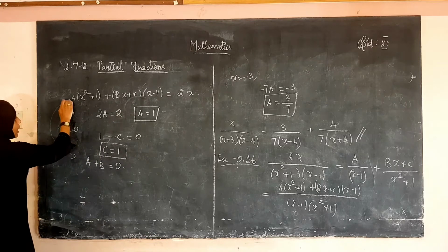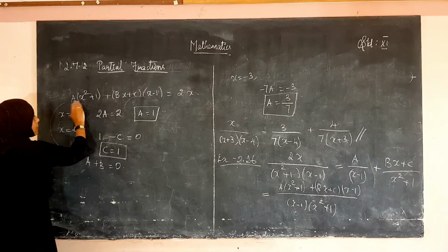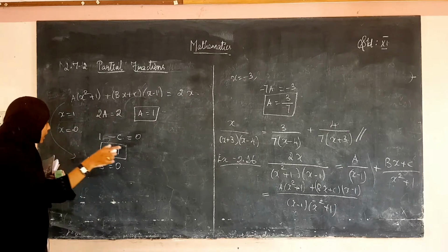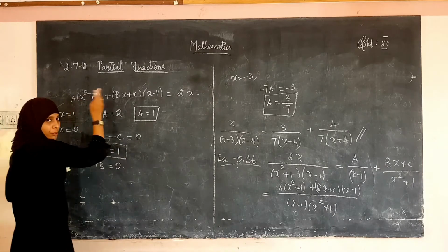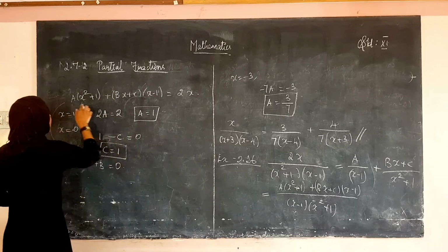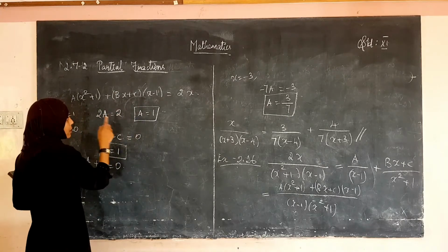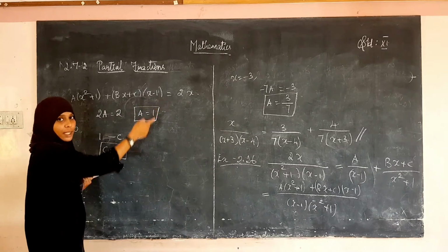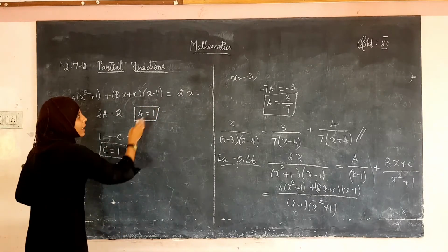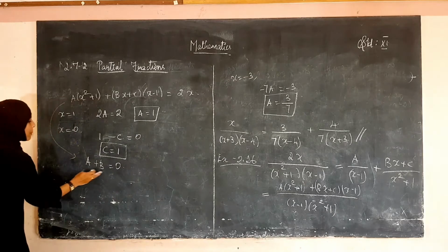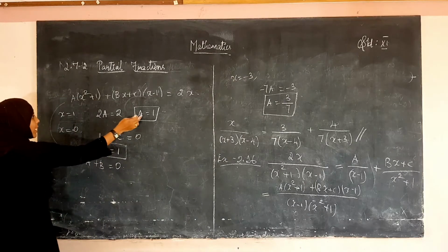And then in the equation, when we were multiplying, we will have some x square terms, right? So we equate the coefficients of the x square terms. Here the x square term coefficient is a, here the x square term coefficient is b. So a plus b is equal to, we don't have an x square term, therefore the coefficient of the x square term on the right hand side becomes 0. So a plus b is equal to 0. We already know the value of a.